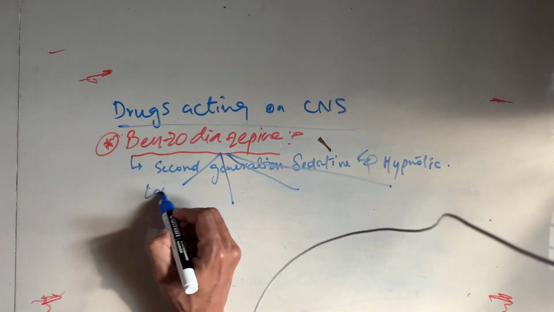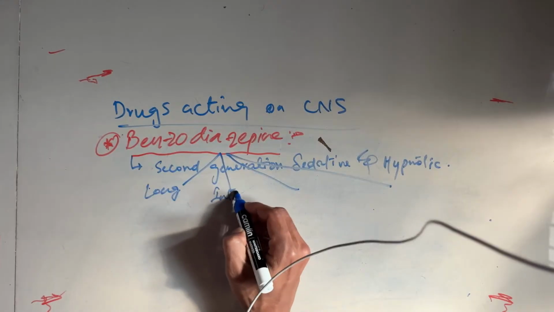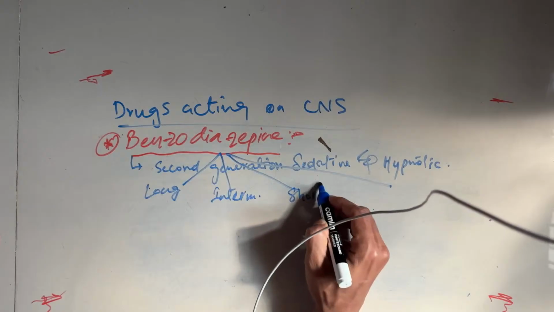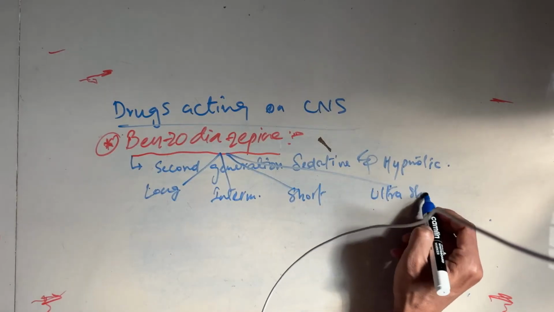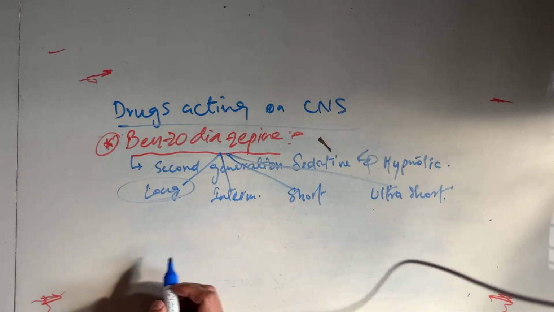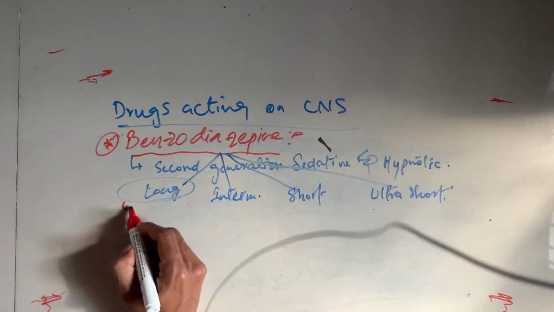Number 1 is long acting. Number 2 is intermediate acting. Number 3 is short acting. And number 4 is ultra short acting, right? Now, what are the examples of long acting benzodiazepines? Examples of long acting benzodiazepines are diazepam,